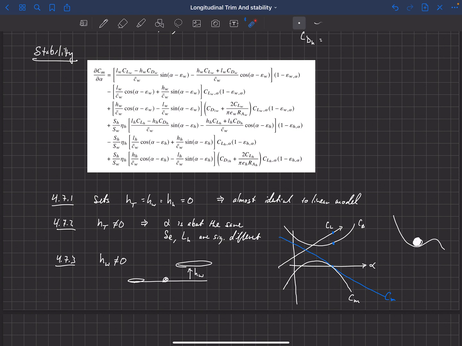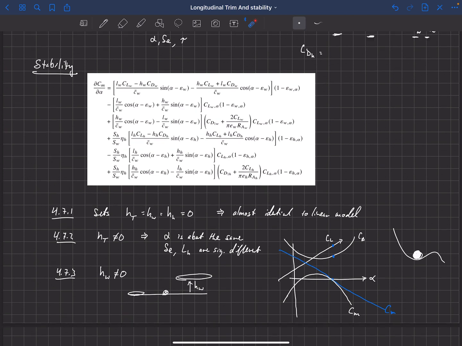You know, have a vertical offset of that wing from the center of gravity. So anyway, that's kind of the takeaway here for that example. And then one last thing that is worth pointing out is the importance of this type of analysis on amphibious aircraft. So let's come back up to our free body diagram here.